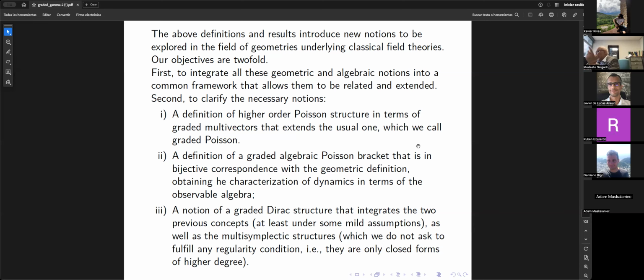And if we have graded Poisson brackets, how to obtain a graded Poisson structure. And at the end, to define graded Dirac structures just in the right way, including multisymplectic or pre-multisymplectic, multisymplectic in our sense, and